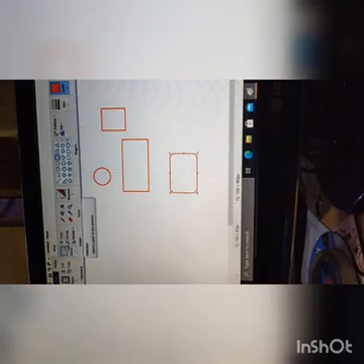Next tool is the polygon tool. So let me choose a different color. I am choosing black color. With the help of polygon tool and curve tool, I'll draw a kite.